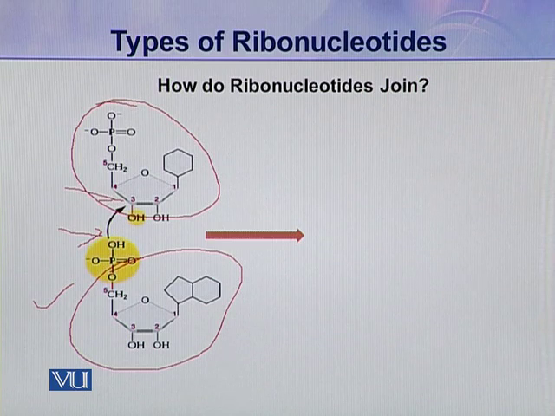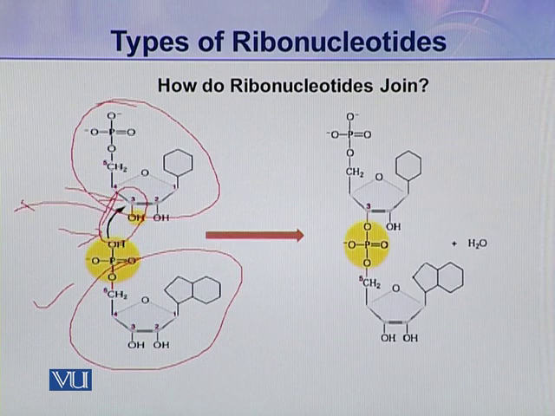ribonucleotide. So in this way, a condensation reaction takes place here. A water molecule is removed, and here you can see these two ribonucleotides join together and make a dinucleotide, in which these two nucleotides are linked together through phosphodiester linkage. Why is this called phosphodiester linkage? Because